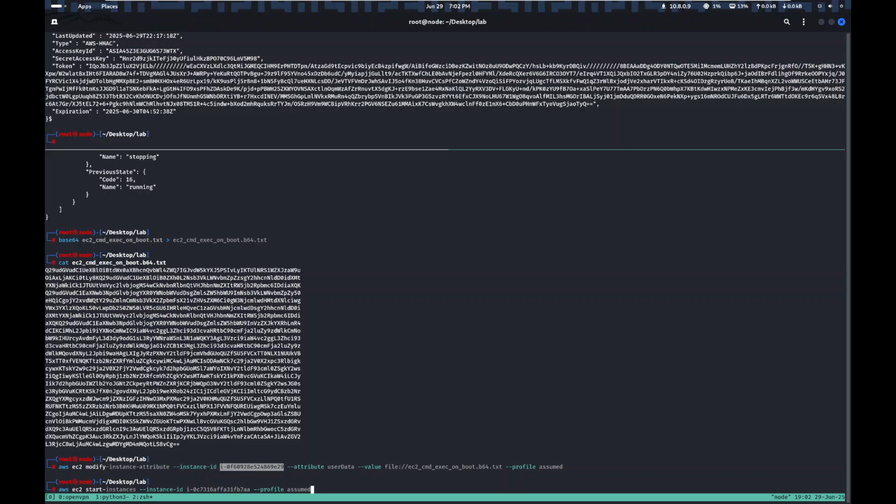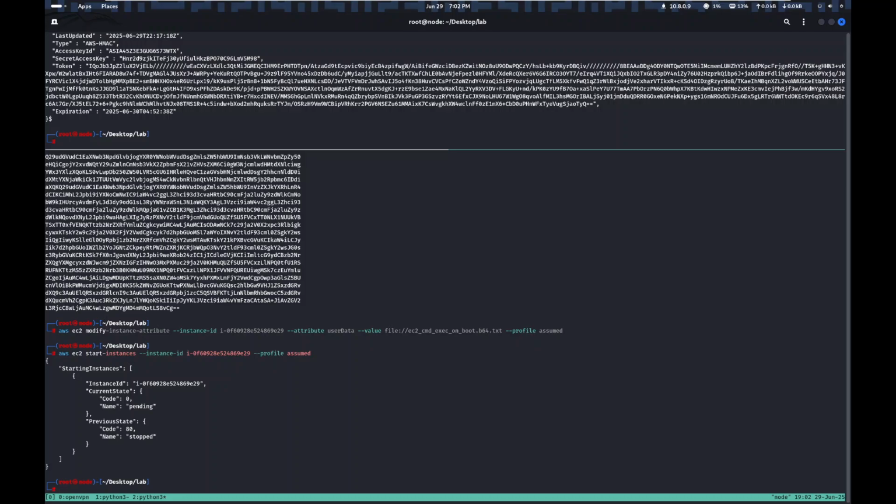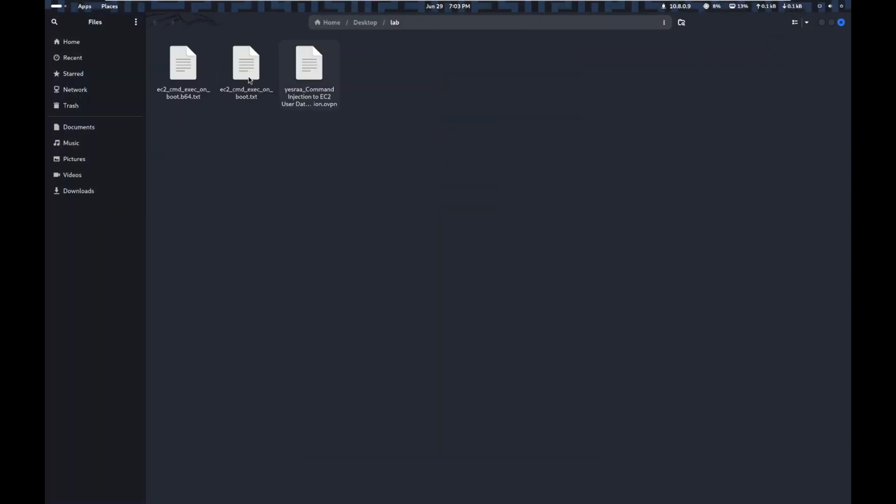Instance ID is this, copy paste, and wait for our instance to get started. If everything worked as expected, then